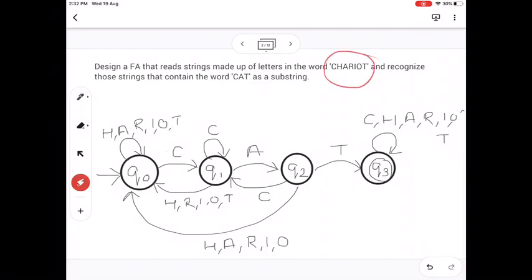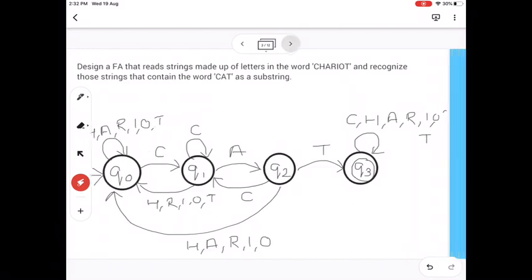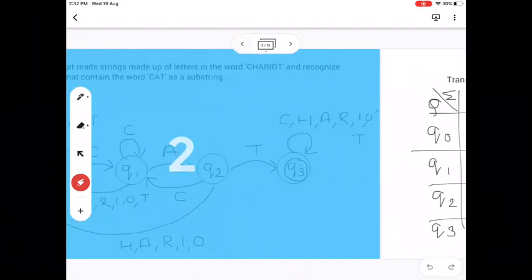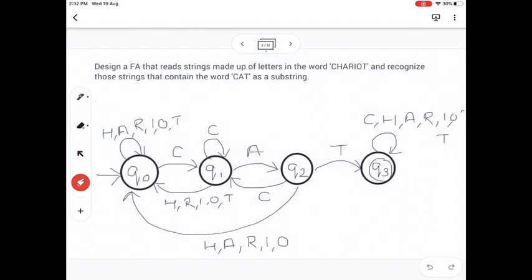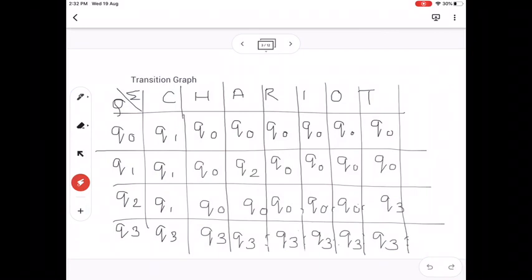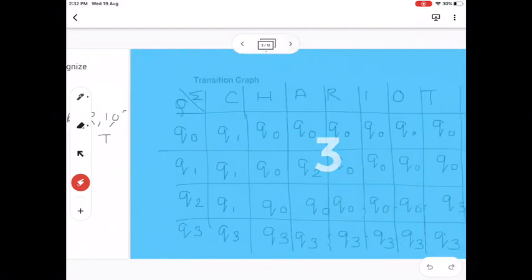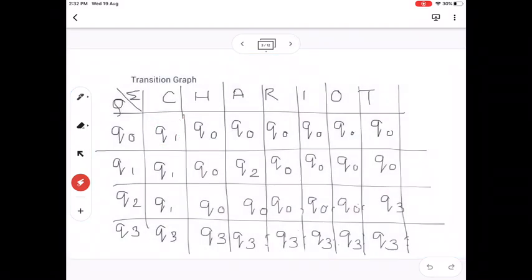Okay, so I hope the example is clear to all. So this is the transition table, that is STF, for the given transition graph. Whatever we have drawn, I have just plotted the table, transition table for the same. I will just show you one example. At Q0 if I am getting input C, where is it going? It is going to Q1. So I have written here Q1. Likewise for all the states. Okay.